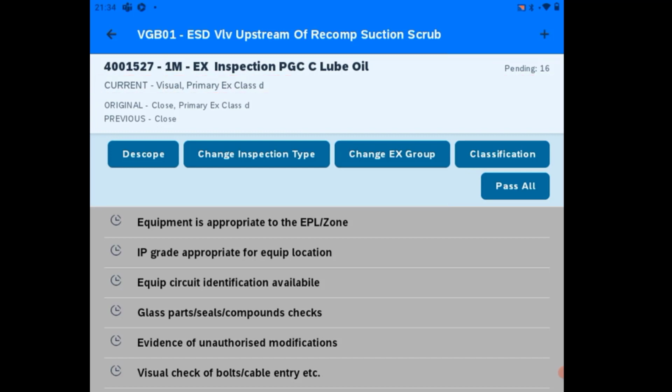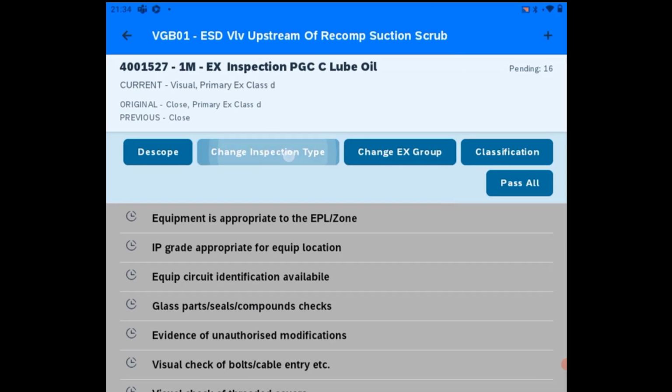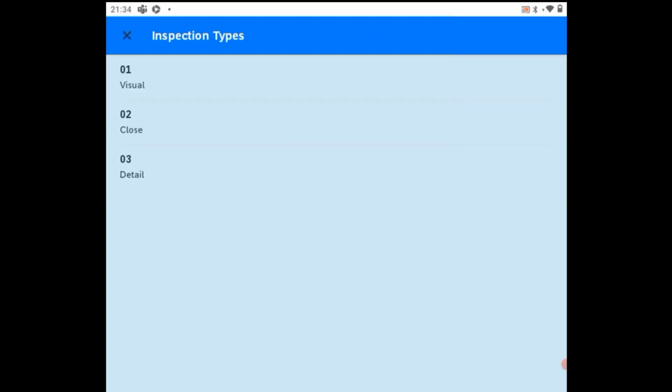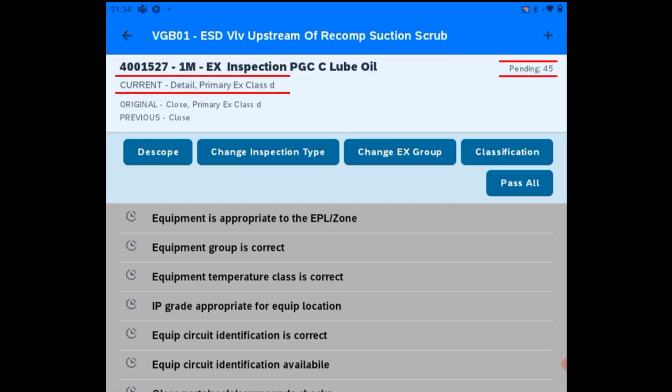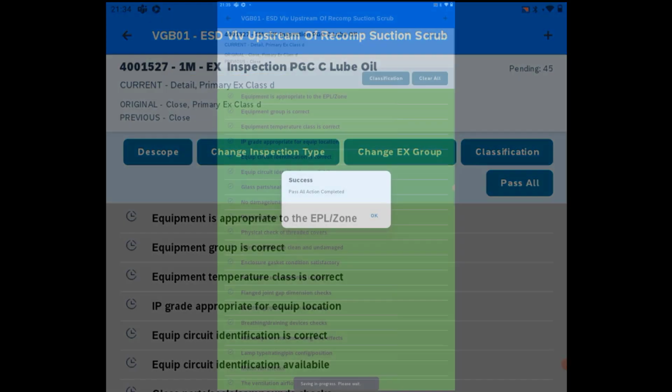Doing that is fairly easy. All I have to do is click the relevant button and then from the list select the right option. In this case, I'm going to select detail. As you could see, inspection scope changes to detail inspections. 45 inspections now. To keep things simple, I'm going to assume all of them are passed, so I'm going to